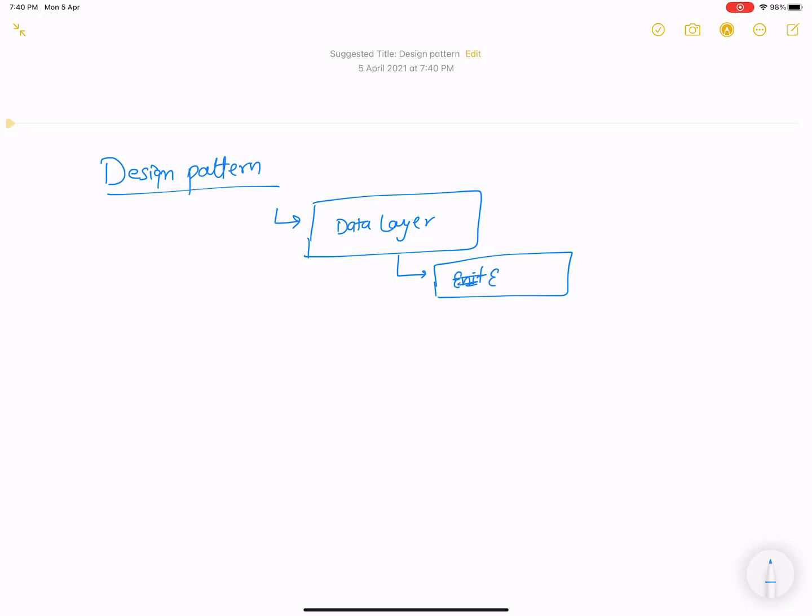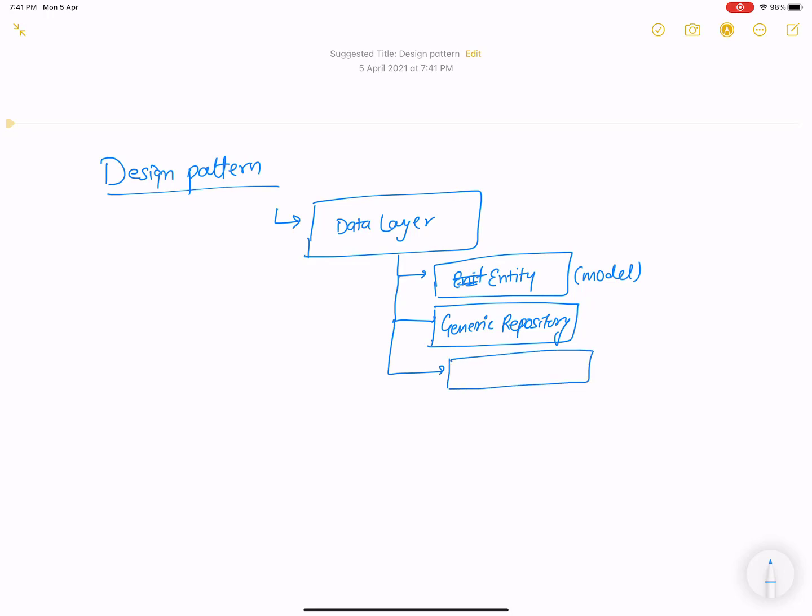So the data layer contains some basic things like the entities, or you can say models, and also the relationships between the models, or you can say mappings between the models. After that, you can design generic repositories in the data layer also. A generic repository is unique, or you can say it's not designed on the basis of the entity.